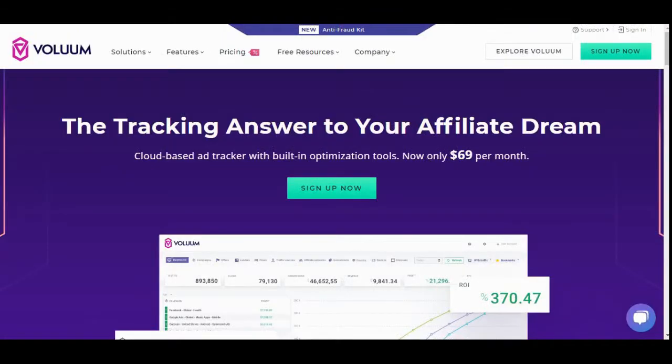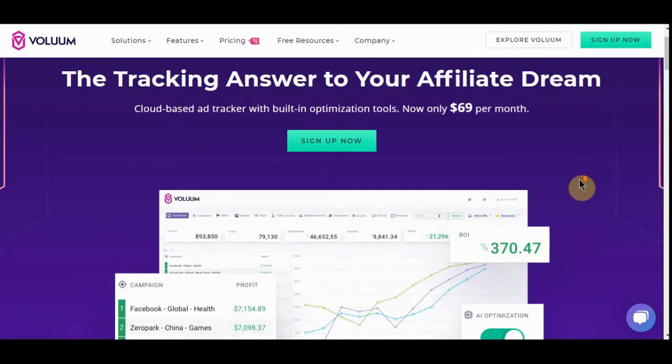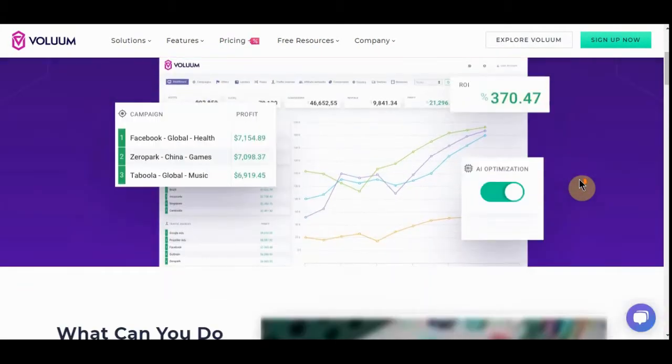The first one we have is Volume, which is probably the oldest and most trusted one out there. There again, though, it's the most expensive. You can track your clicks, your ROI, where they come from. Like here, this one right here showing you it came from